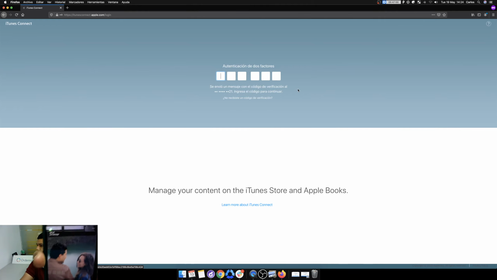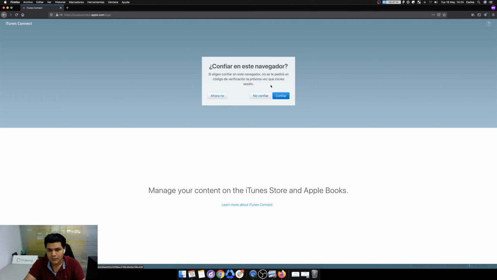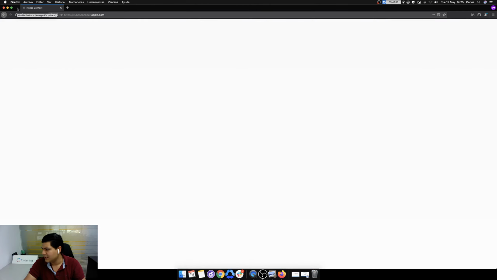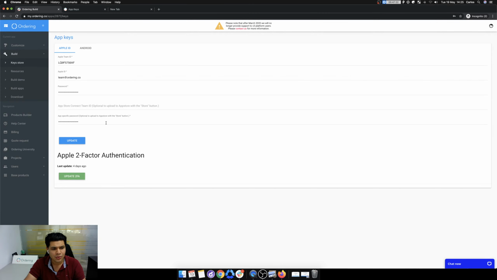Check it out. I got it there. I trust the browser, and that's it. I am in. So the same will happen to your two-factor authentication with your device, with your phone number. It doesn't have to be an iPhone.